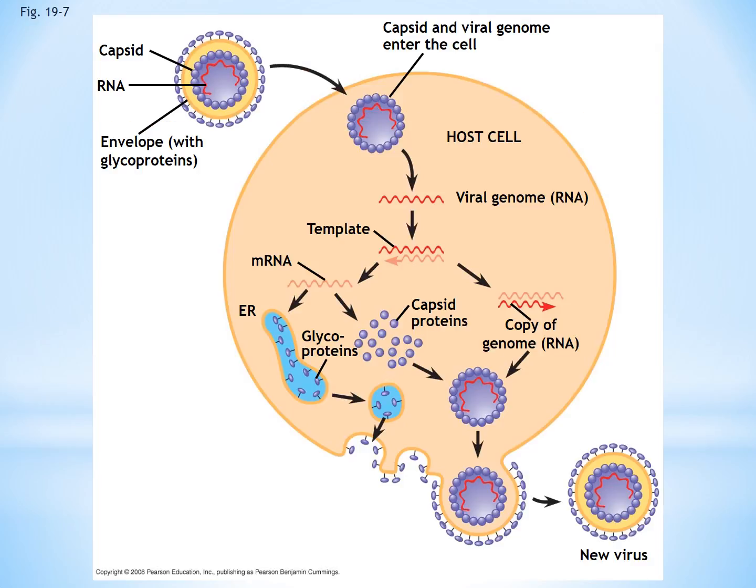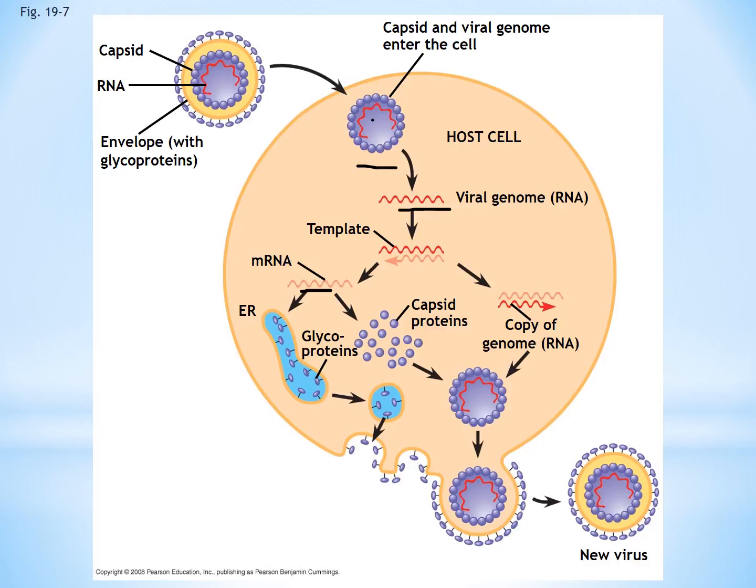So here you can see a visual of what I was talking about. Here would be our virus. When it goes into the cell, it has the capsid. It also has the viral DNA inside. The viral genome is, let's pretend, an RNA. That's going to act as a template to make mRNA, so we can then make those